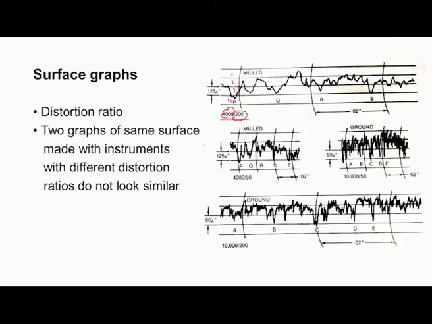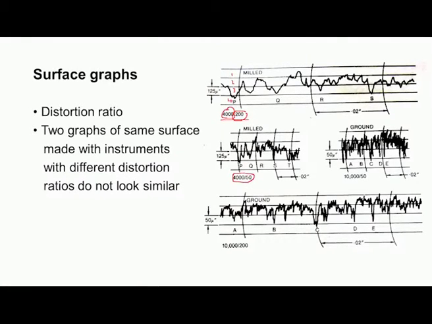Now, if we change the distortion ratio, then the profile, the surface graph, gets distorted. We get another, different kind of surface graph. You can see here the distortion ratio is 4000 divided by 50. So, the vertical magnification remains the same, whereas the horizontal magnification has been reduced by 4 times. Here it is 200 units and here it is 50 units. That means the length is compressed. So, this profile is compressed.